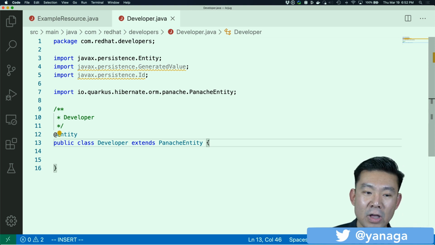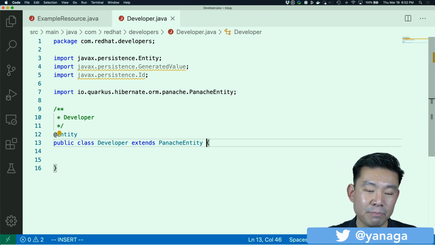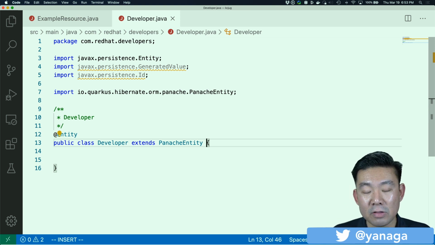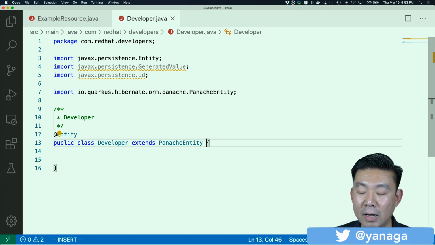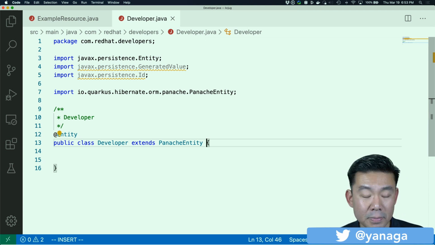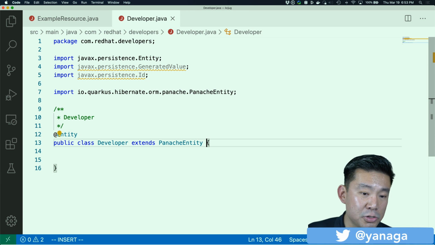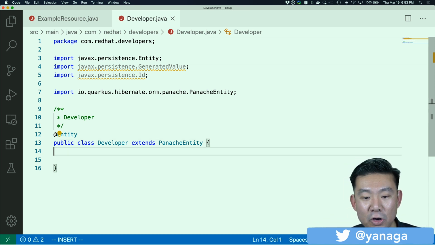But if you have a very simple domain or use case, for example CRUD applications, or just retrieving entities from your database and exposing them to a web page, active record style may be a better fit. But with Panache, you can do both. We help you do active record entities, or you can create repositories too, and I'll show that later. But for now, let's try the very opinionated approach.